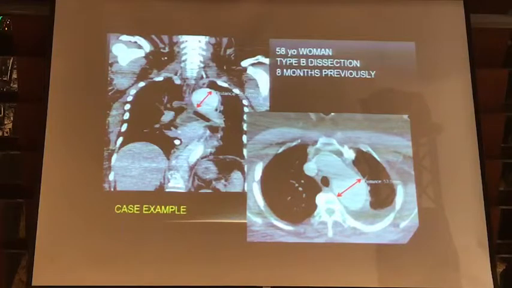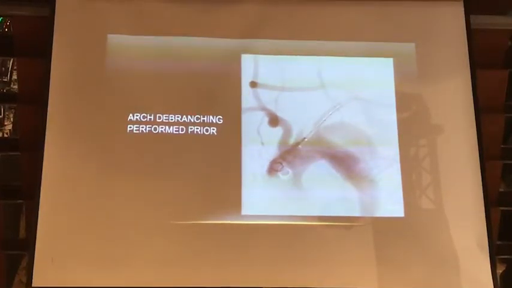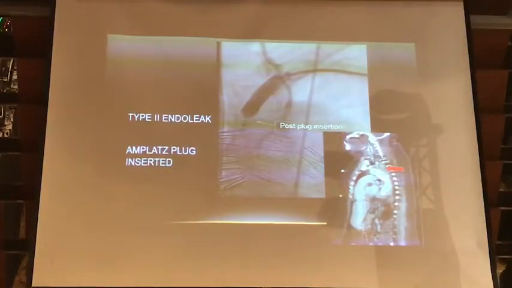And a different type of pathological process here, we've got a lady who's had a type B dissection 8 months previously and has had rapid aneurysmal degeneration of the distal aortic arch and proximal descending thoracic aorta, looking for a proximal sealing zone, constructed a carotid subclavian bypass, and then stented with a TX2 device and an Amplatz plug insertion. So, these are just fairly basic examples of the different pathology that we're treating and the different adaptation of technique